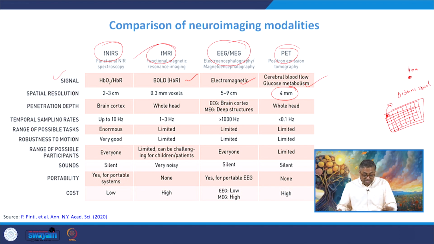The fNIRS covers an area of 2 to 3 centimeters. 2 to 3 centimeters is a big area in the human brain, and from this brain region the signal is being captured. This 2 to 3 centimeter underlying cortex can have thousands and thousands of neurons, projecting, coordinating and integrating. So thousands of neuronal assemblies are there under this brain region.